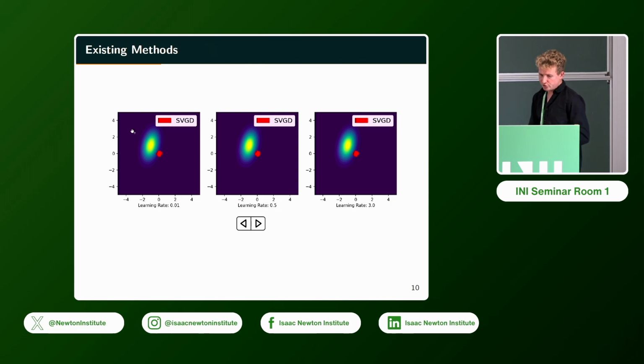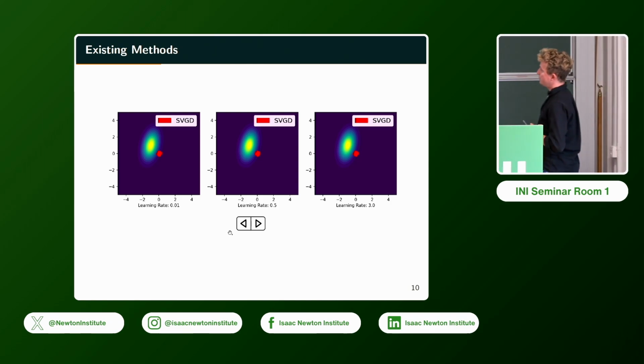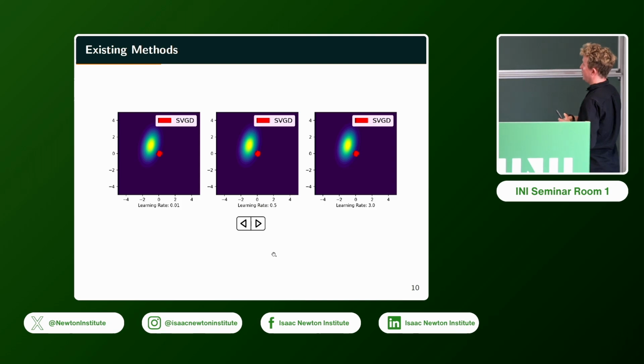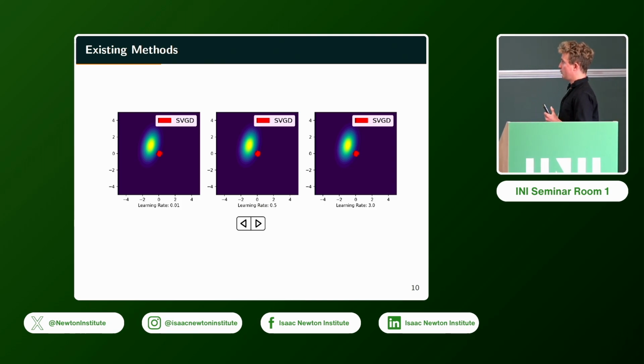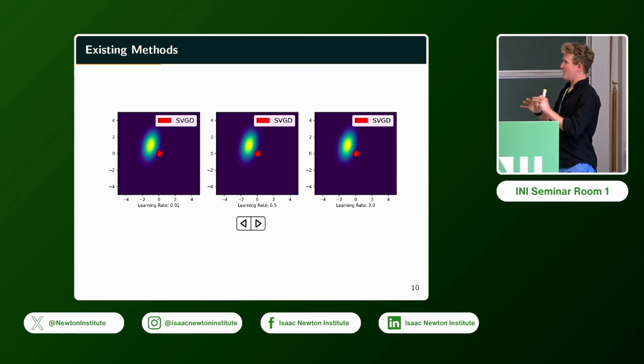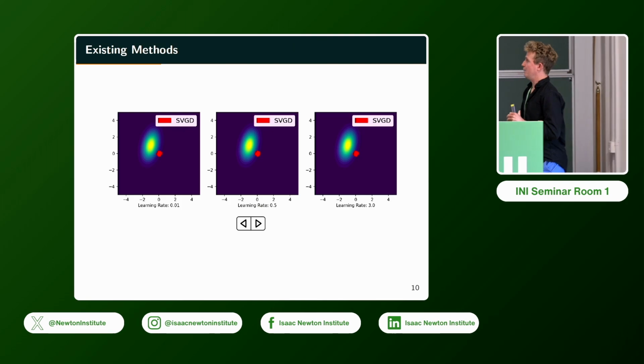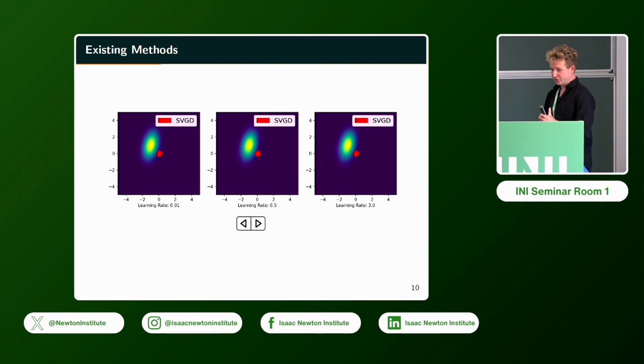Just as a very simple demonstration of this, this shows a particular algorithm, Stein variational gradient descent, which I'm sure many people will be familiar with. This essentially evolves a set of interacting particles according to a particular form of gradient descent on a space of probability measures.